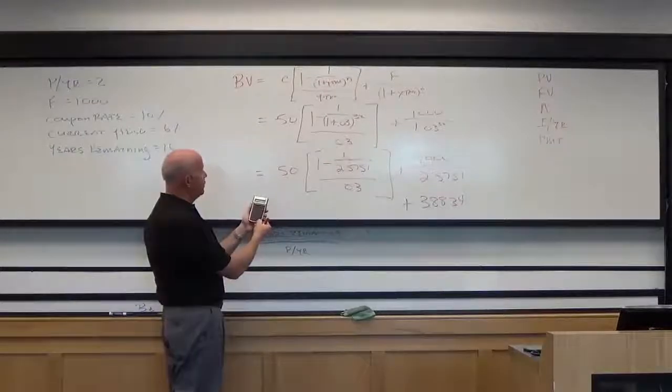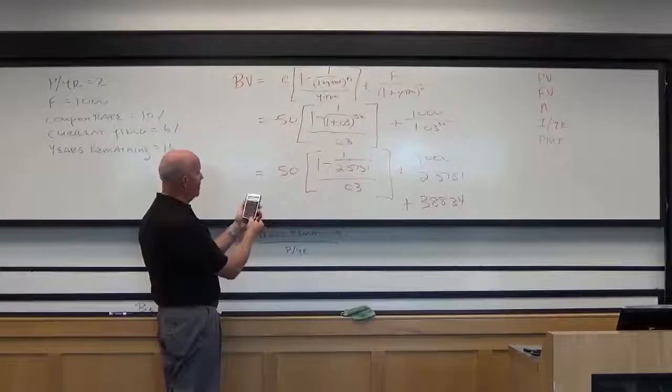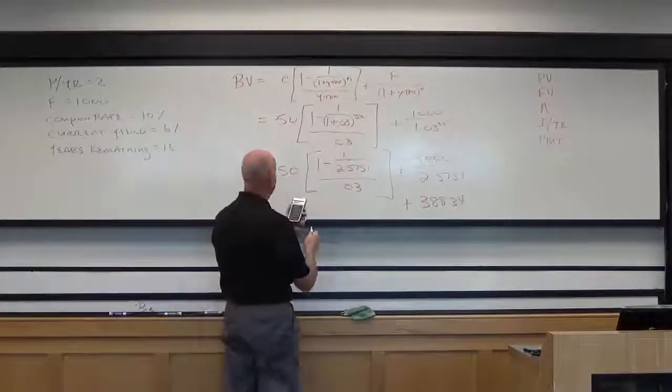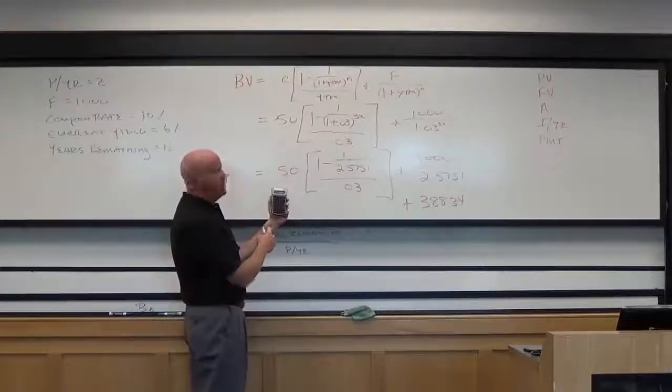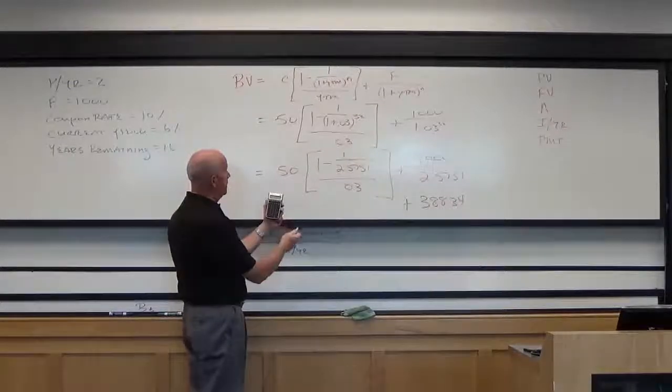I'm going to add to that 1, and I'm going to now divide that by 0.03, and it gives me 20.3888, and now multiply that by 50. And it gives me